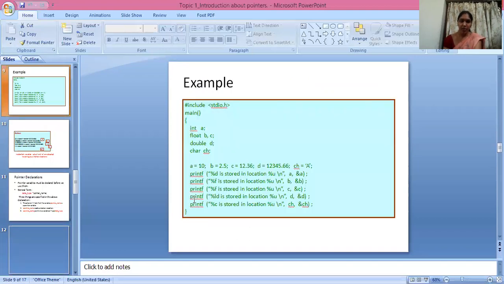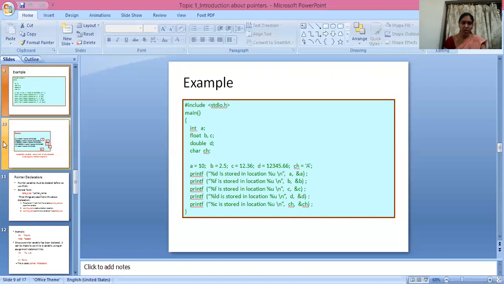Here is the example. Here I take a as int, b and c as float, d as double, and ch as char. Here I can assign the values: a = 10, b = 2.5, c = 12.36, d = 12345.66, and ch = 'A'. printf("%d is stored at location %u").